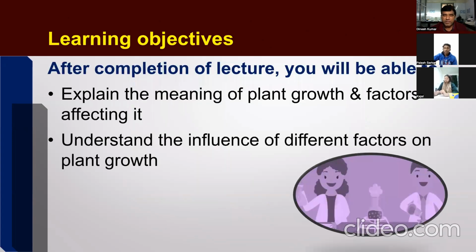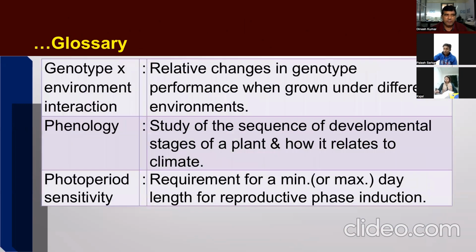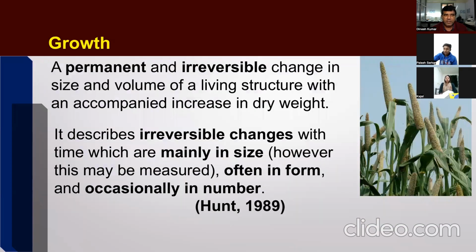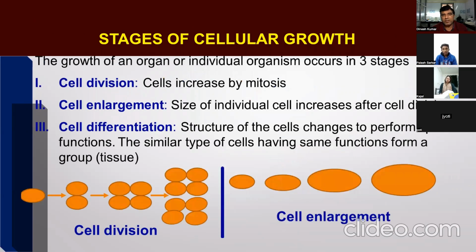You already know the objectives of this lecture, and we discussed some glossary, some difficult words, already covered in detail. We discussed the meaning of growth, and then we have seen the difference between growth and development. And you have seen the stages of growth, or how growth occurs. It occurs mainly due to cell division, cell enlargement, and cell differentiation. And you also know how development occurs. Development occurs mainly due to differentiation of tissues,